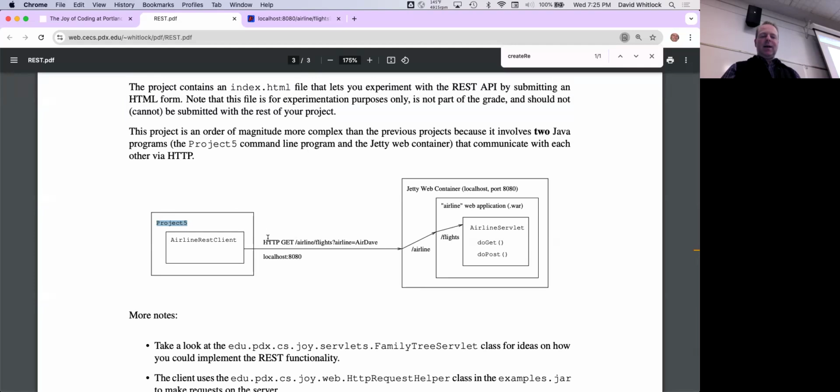And so then the client will send things like an HTTP GET request of a particular airline on to localhost port 8080, and the internet will deliver localhost 8080 over to this box over here, and then inside the web container, it knows how to route /airline/flights back to your servlet. And we'll look at our servlet shortly. Before we do that, though,